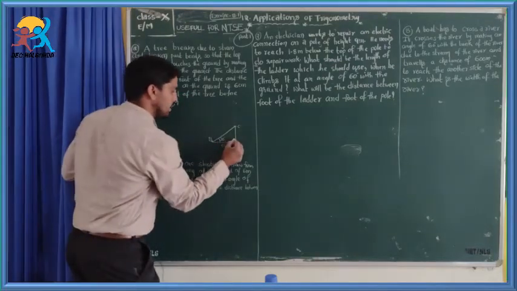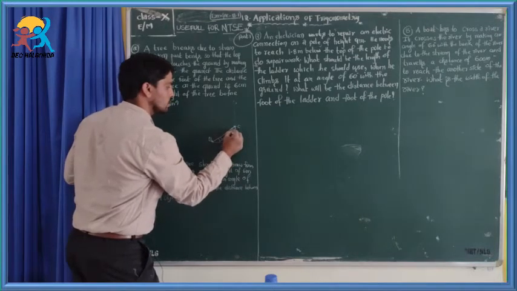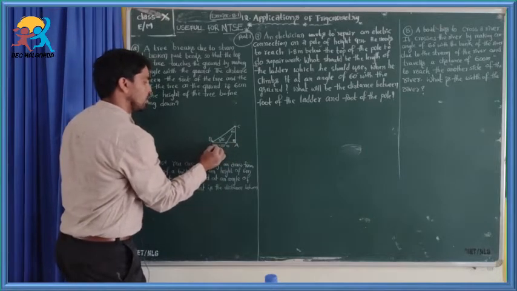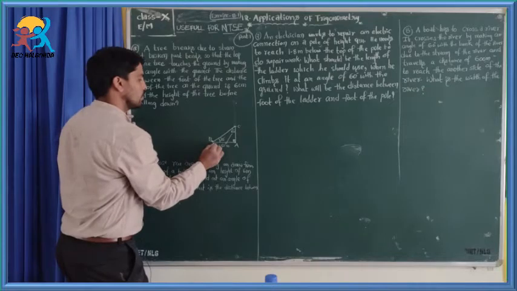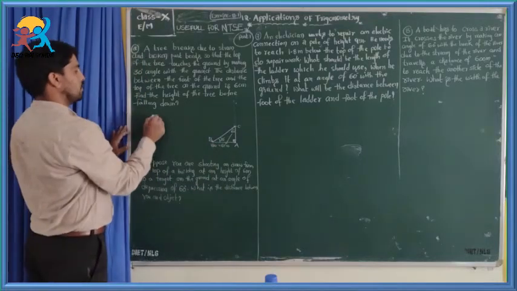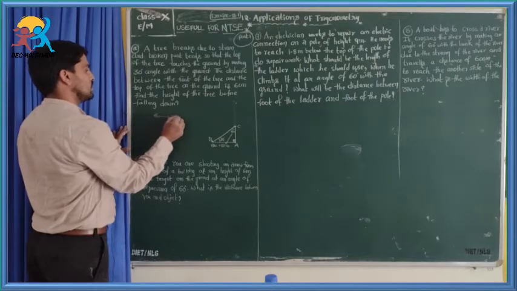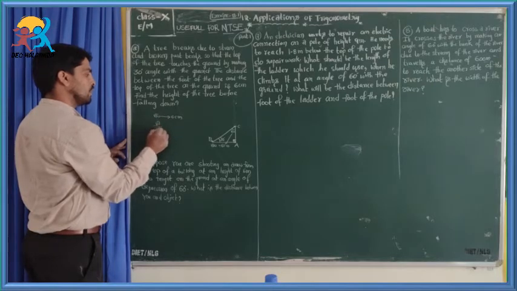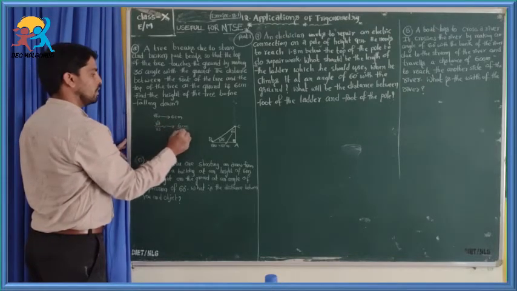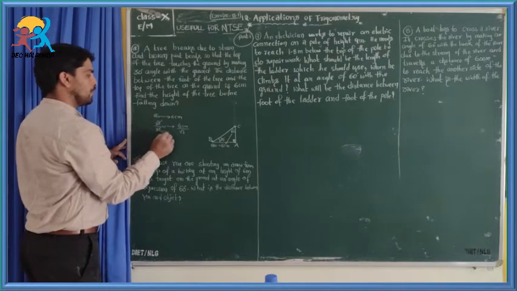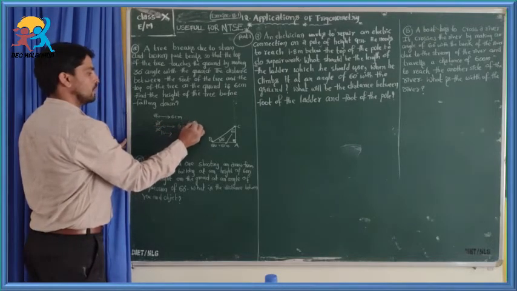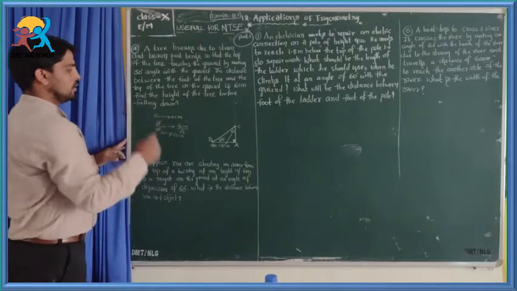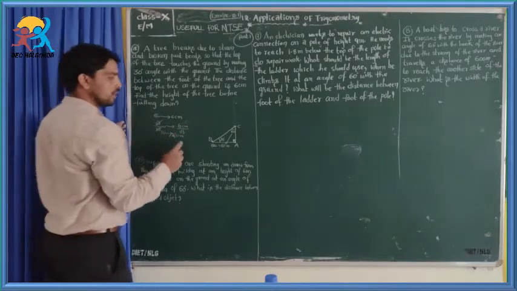To do this, this is 90 degree. This is what? 60 degree. Opposite to 60 degrees is 6 centimeter. But how many units is it? Root 3 units. Root 3 units is 6 centimeter. To make it 1 unit, divide by root 3; here also divide by root 3. Root 3 cut, 1 unit value is 6, which can be written as 2 into 3. 3 by root 3 is root 3 centimeter. 6 by root 3 means 2 root 3 centimeters. 1 unit is 2 root 3 centimeter.